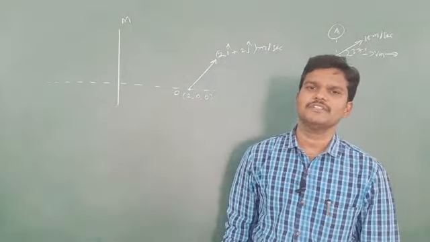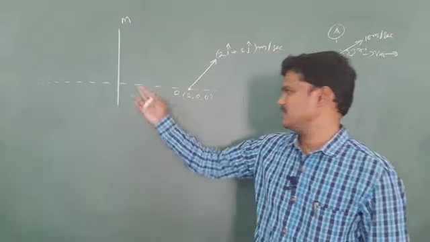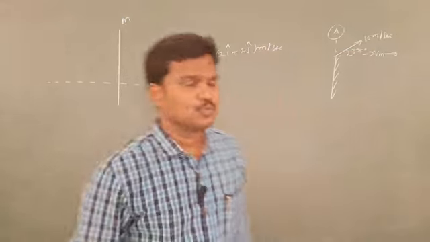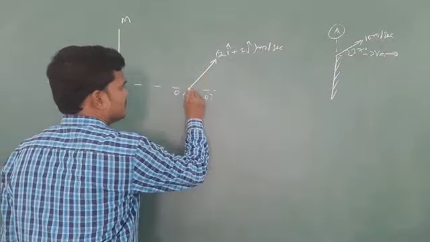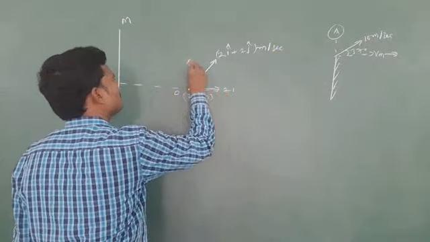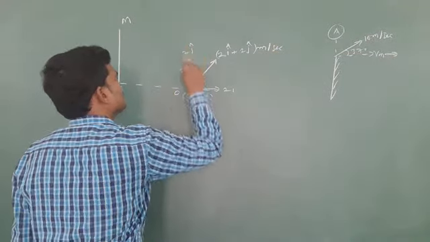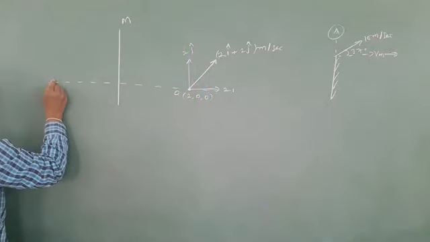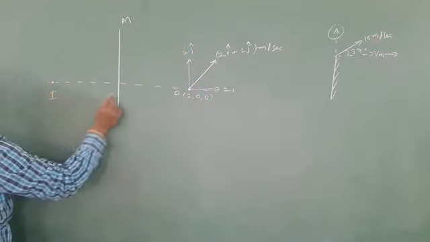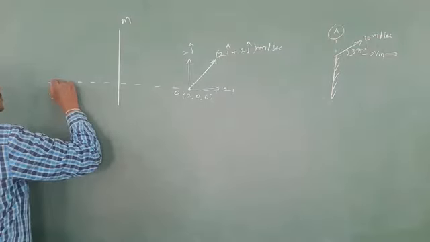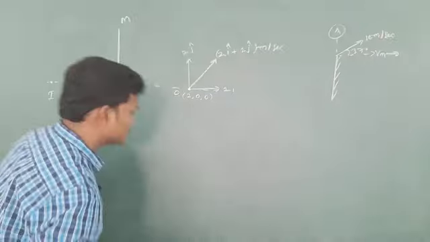So they have given some vector representations. This is 2 i cap plus 2 j cap, and we can decide that easily. This is 2 i cap and this is the vertical component, 2 j cap. With respect to the mirror, this 2 j cap remains 2 j cap. Here this is the image. If the object is at a distance of 2, the image is also at a distance of 2, no need to mention, and the image looks like this.